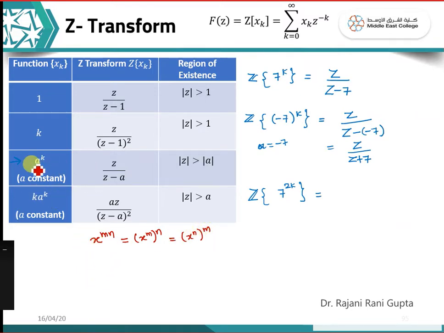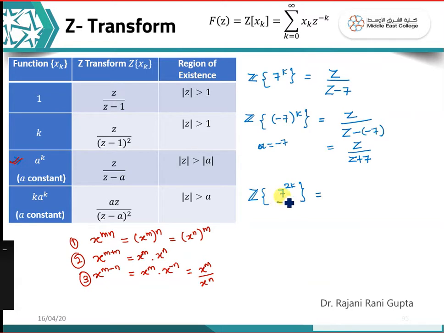Okay, so to solve the questions based on this rule, we are going to use these rules of indices, like x to the power m plus n. We can write it as x to the power m times x to the power n. And x to the power m minus n, we can write as x to the power m times x to the power minus n, or we can also write it in the division form. So we have to make use of these properties to work with such questions. See how it will work.